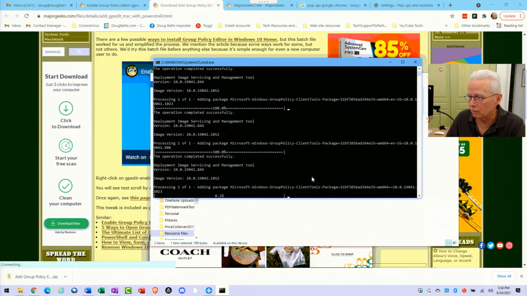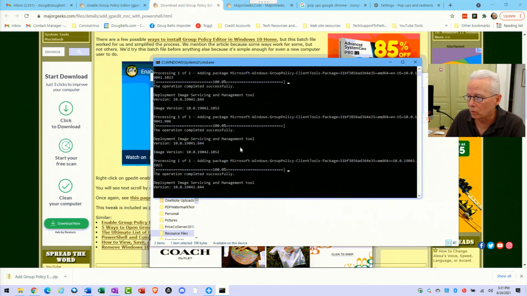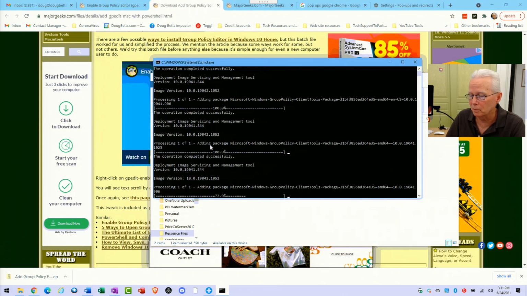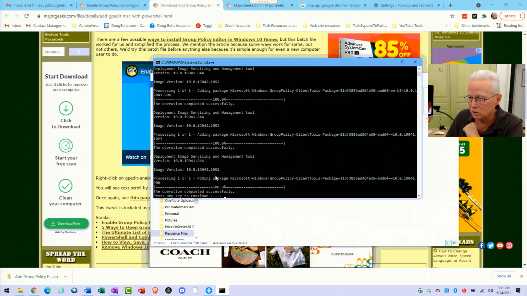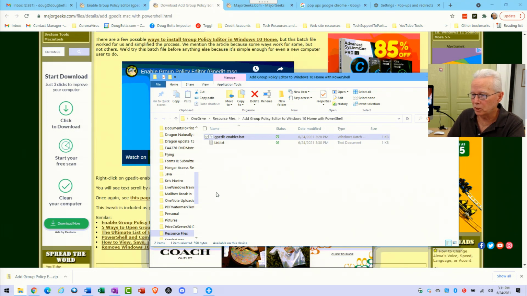Adding package, Microsoft Windows Group Policy, Client Tools. So there's processing 1 of 1. These are apparently different elements that are installing. And then down here we have press any key to continue. So I press the space bar. Now I'm still connected remotely to the